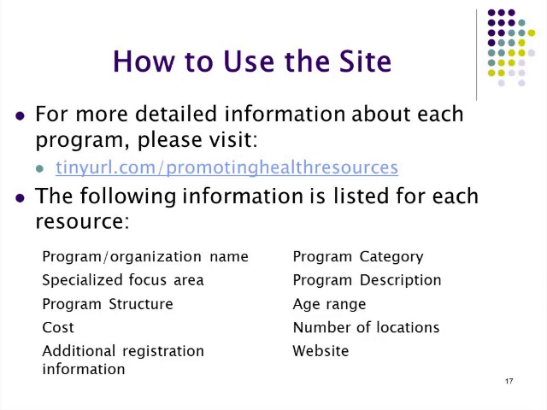So the following information is listed for each resource in the spreadsheet: the names, the focus areas, if there's a cost associated with it, age ranges, a description, locations, and so forth. So it is essentially the information that is located on the map. It's just displayed in a different way, and some of the information might be a little bit more comprehensive. So we've provided 2 avenues for you to access or learn more about community resources in your area. Hopefully it will prove useful when trying to connect patients to local resources.